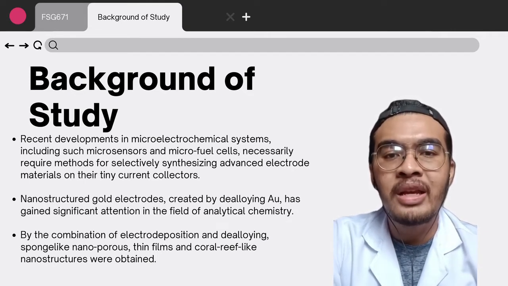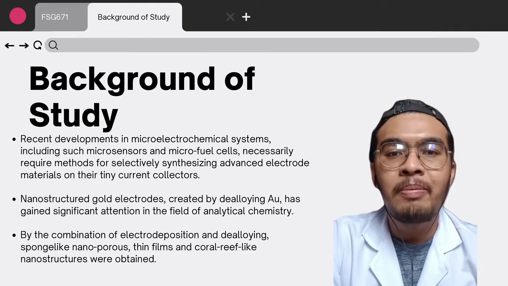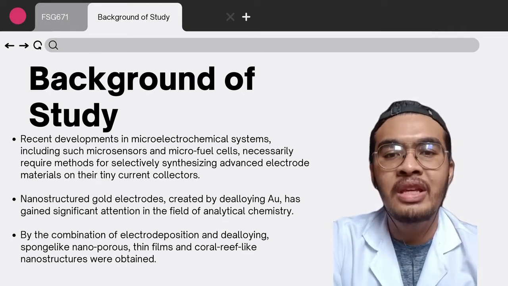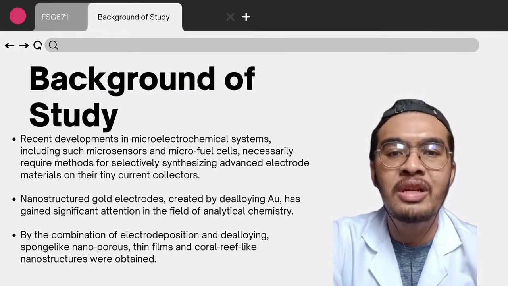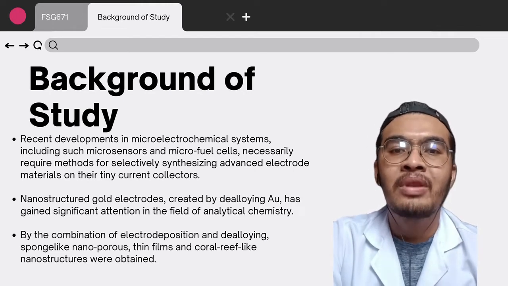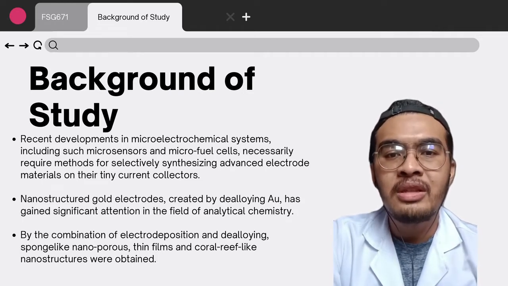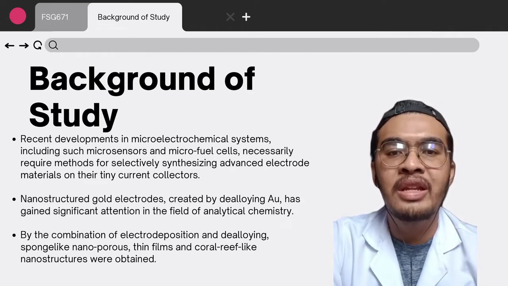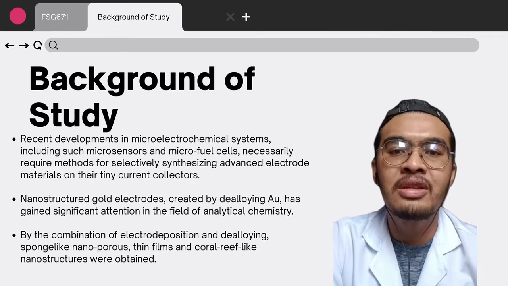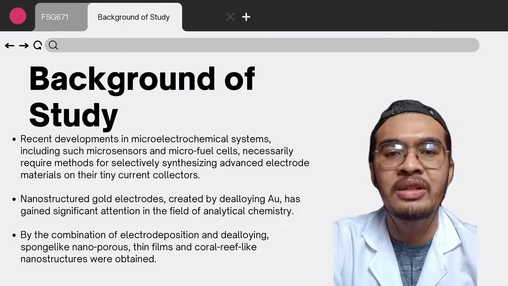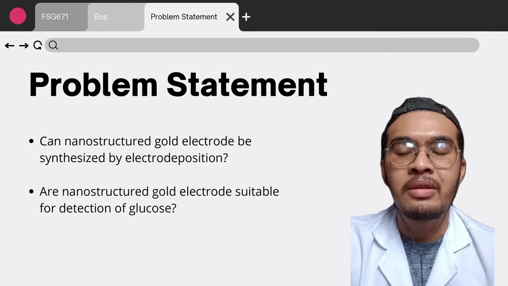When compared to other techniques that require templates, templateless nanostructure formation is advantageous because the solution process allows us to deposit materials on original micro or nano pattern even though they are formed on 3D structures. In general, alloy electrodeposition necessitates a complex solution containing ions, complexes, and additional ligands for adjusting deposition potentials to be close enough for co-deposition. For the problem statement, the synthesis of porous electrodes on tiny current collectors by using the alloying